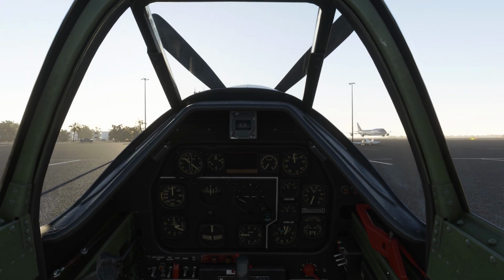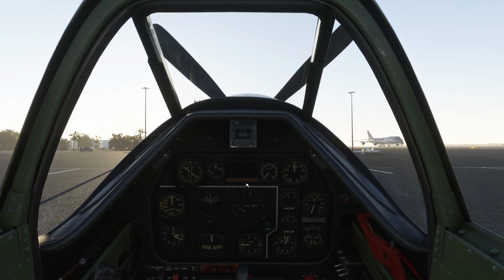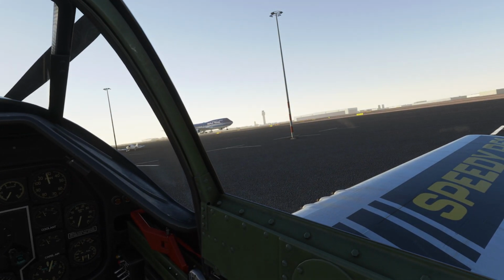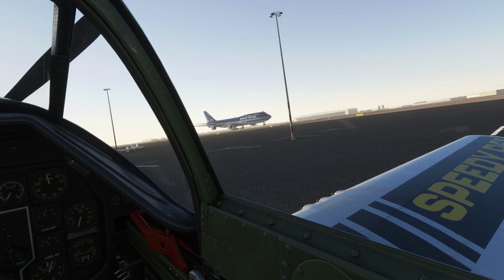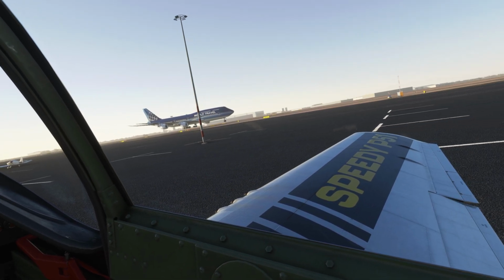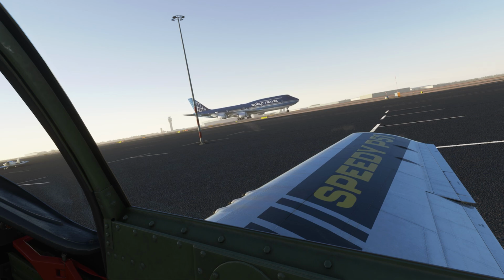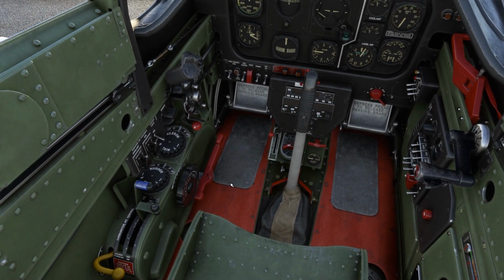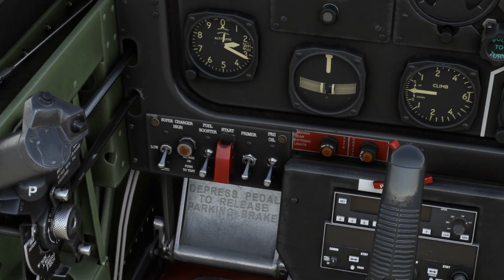Why is there a 747 at Tucson International? I can't remember the last time there was ever a 747 at Tucson International. Pretty plane, though. I wonder who's rolling in here. Big monster. Anyway,